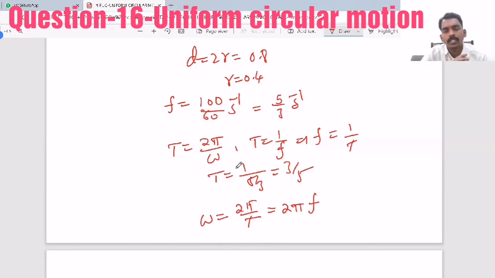And one more thing, uniform circular motion applications can also come in other chapters. Just one example I'll tell you: what is the electric current associated with a charge moving in uniform circular motion? Or what is the magnetic field at the center of a circle in which a charge is moving with uniform speed? They will ask questions related to uniform circular motion in other chapters also. In that way, uniform circular motion is very important. That's why I specified this topic. So please remember the formulas and try to solve the simple numericals.